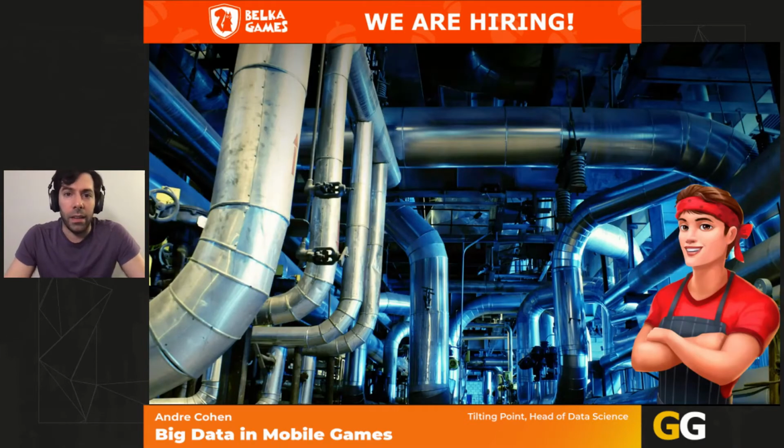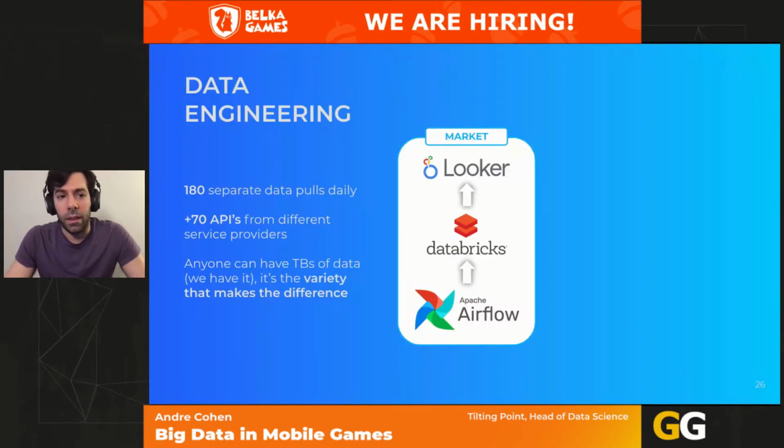And it's a lot of data. I think the hard thing is how do you connect all of this together to make it effective? And 10 years ago, this was not as known, but it's really just called data engineering. At Tilting Point, for instance, we have more than 15 engineers working on the problem of how do you connect 180 different data pulls daily from different services and different providers for different games into a single, consistent platform of